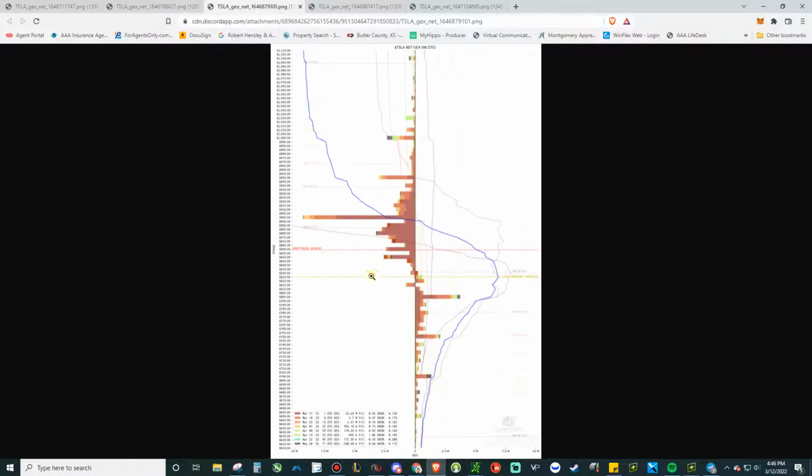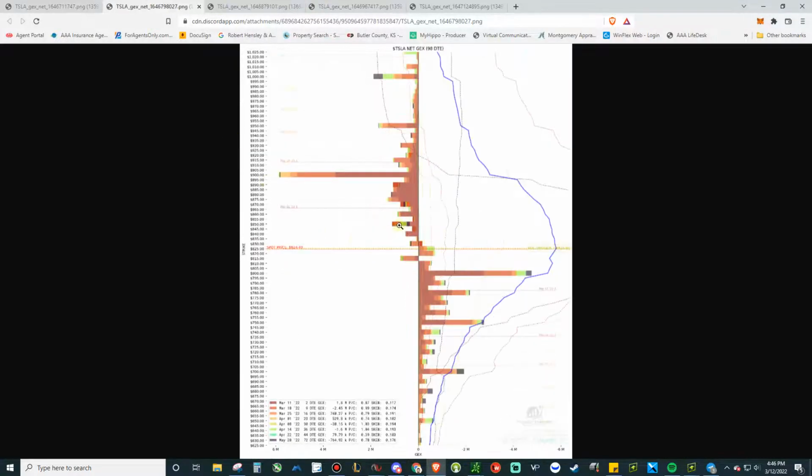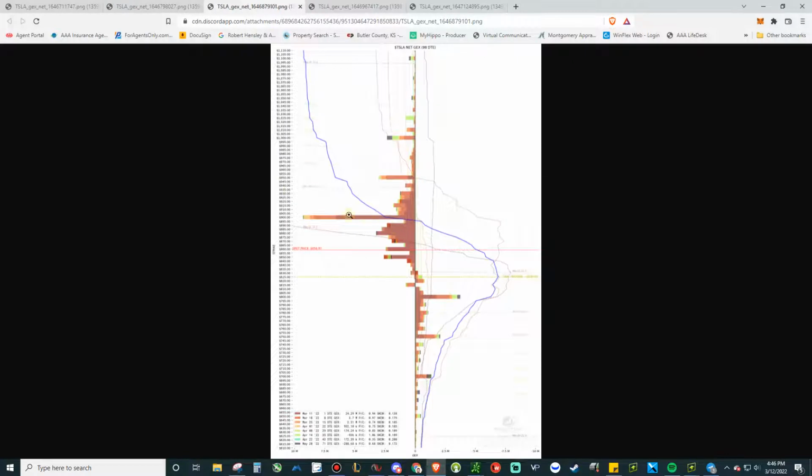So then we moved to this day. Then we still had tons of gamma exposure. Tesla did run. Look where Tesla ran, basically 860 right here, right under all that gamma, being pulled towards the 900. Again, we had even more put into the 900, but we also had a huge increase here in this zone,